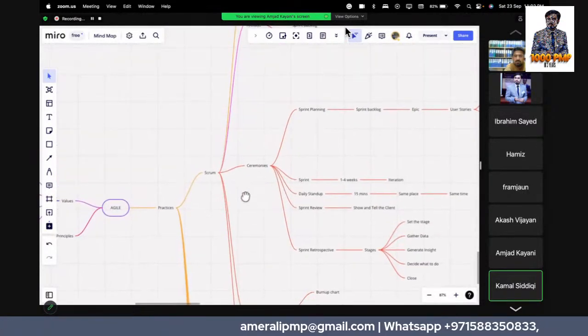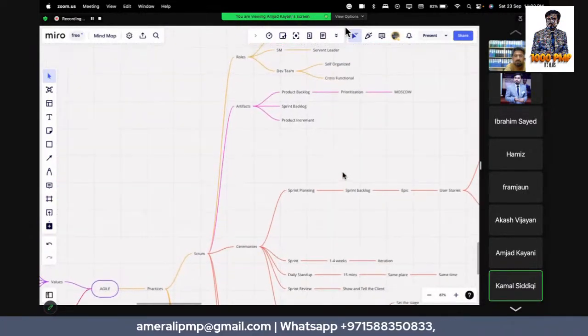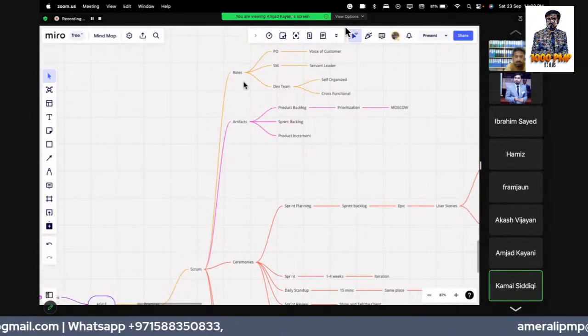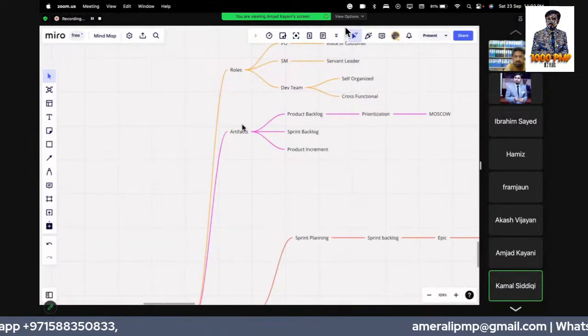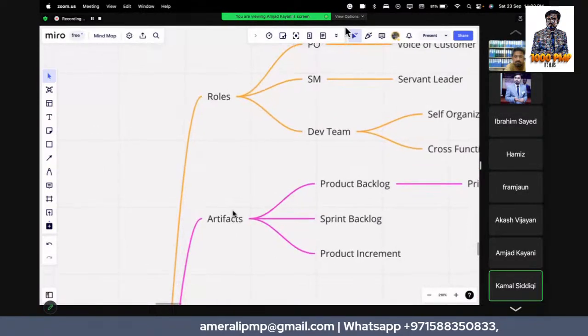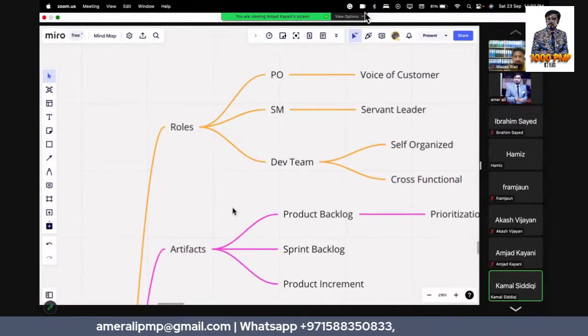Then we're going to discuss Scrum. Scrum is one of the Agile practices. It's a framework which basically has 3 roles. Out of these 3 roles, one is the product owner, which is basically the voice of our customer. And the second role,